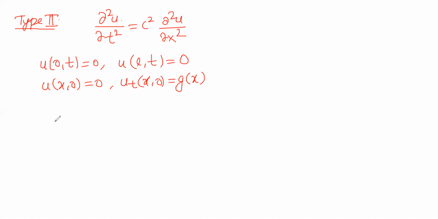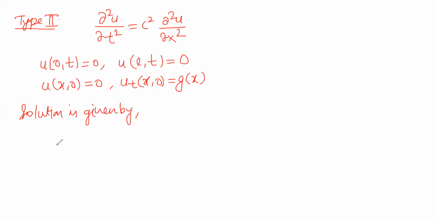Now, rest everything will remain the same. t is time and u(x,t) is nothing but the disturbance. The only thing that will change is its solution, and the solution is not changed by a significant factor. It will just change by a simple thing. Rest of the things will remain the same. So let me write down the solution. Solution of this type is given by